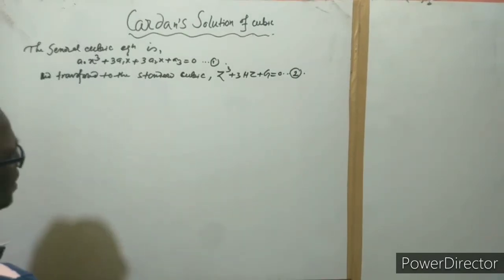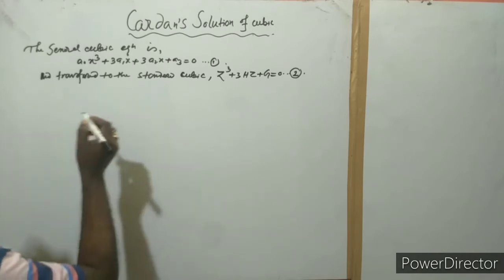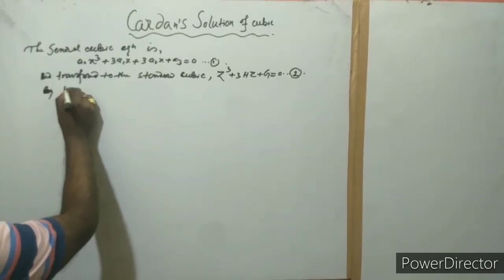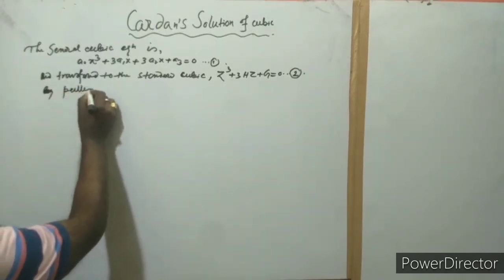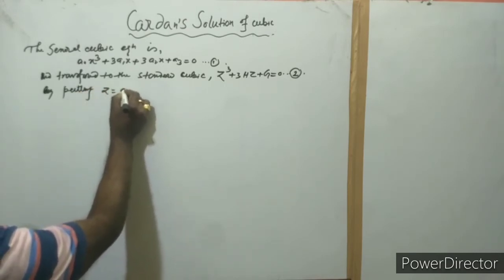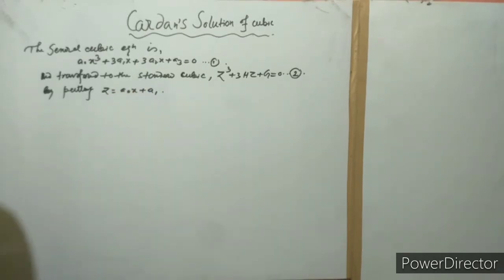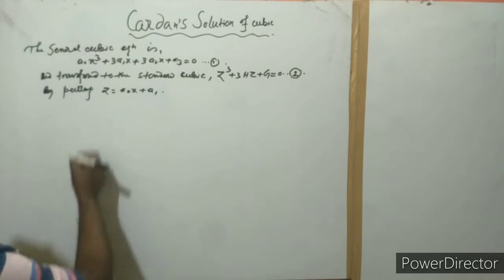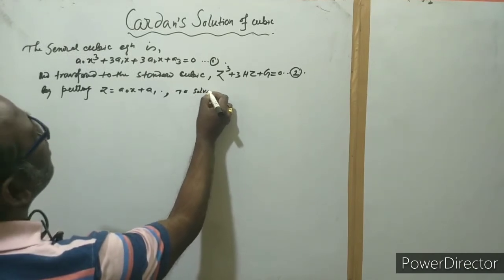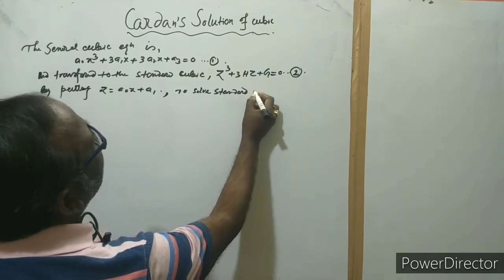We compare and transfer to this by putting z equal to a naught x plus a1. Now to solve the standard cubic,